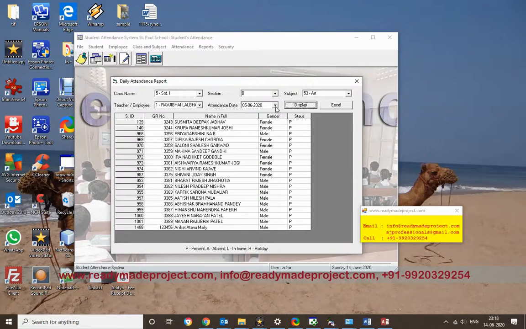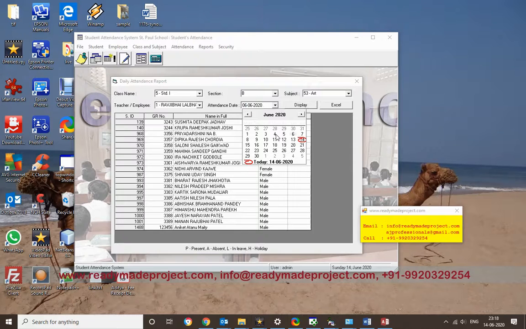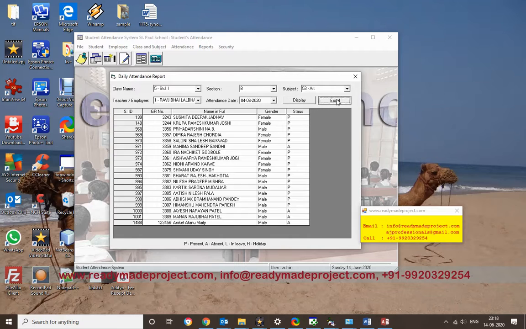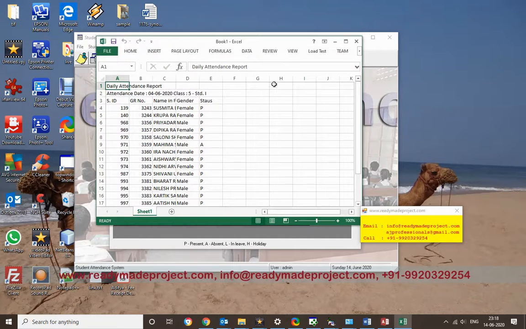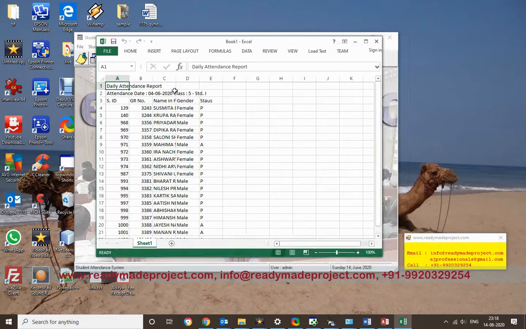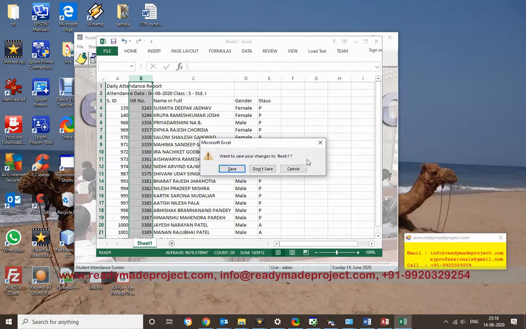If it is not there, it will show blank. Here it is there, so it displays like this. Then I can generate this attendance as an Excel file, so I'll click on Excel. It will create the report with the date, class, everything, and the student name.